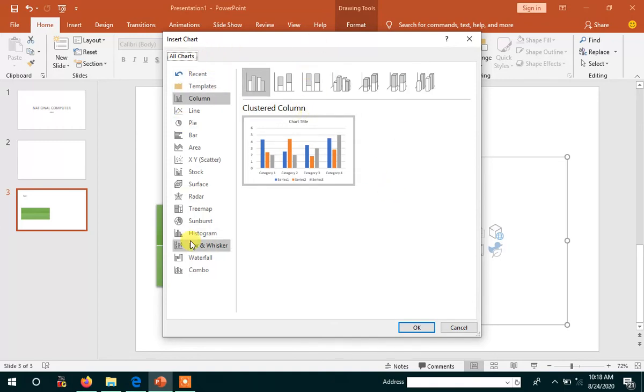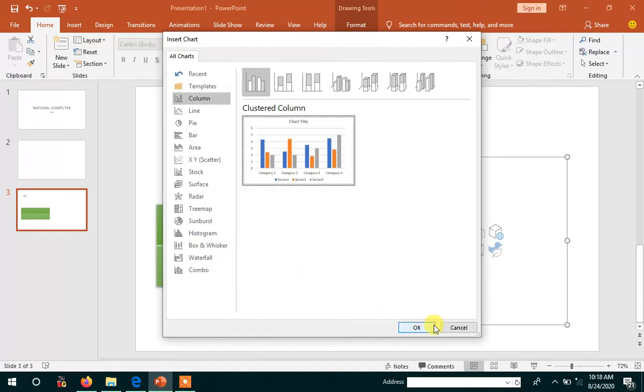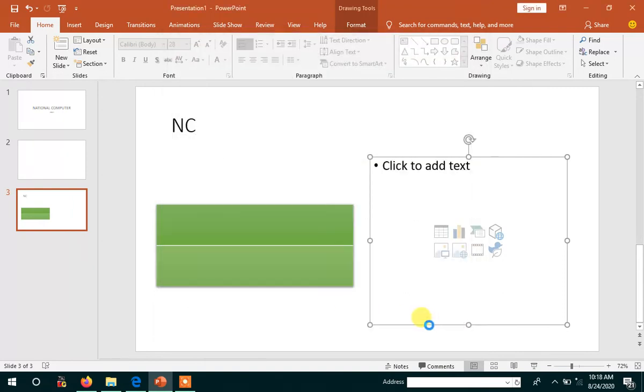These are all the charts: column chart, line chart, pie chart, bar chart, area chart, all the charts are available. If I want to select any one of the charts, presently I am going to select column. Then you have to click the column, and then click OK button.